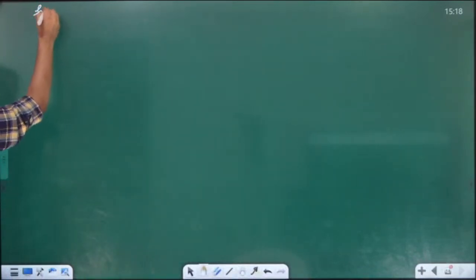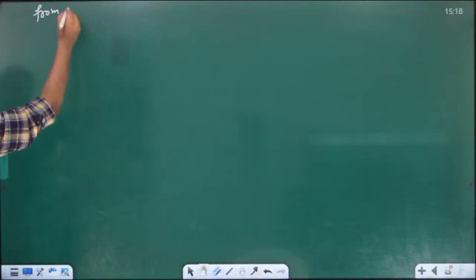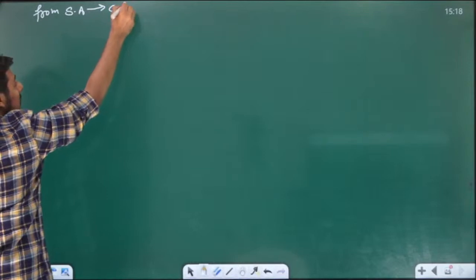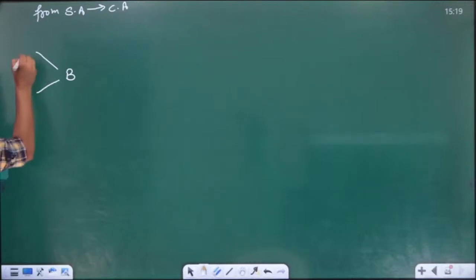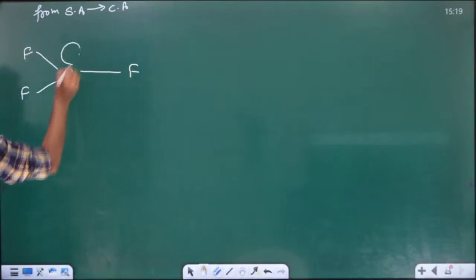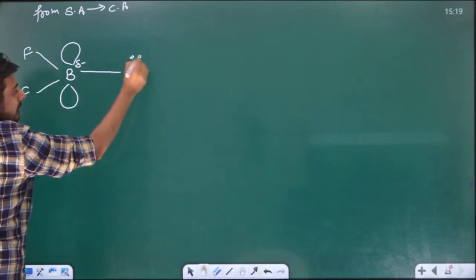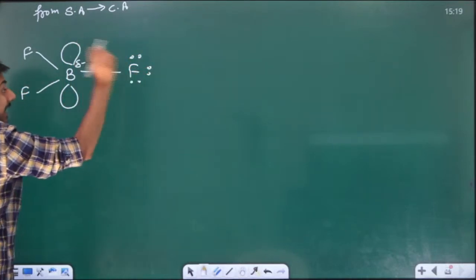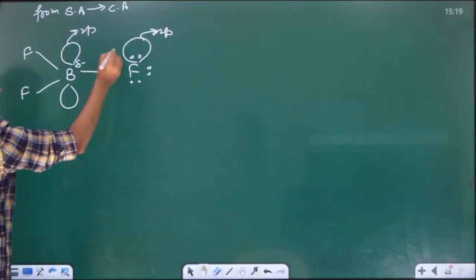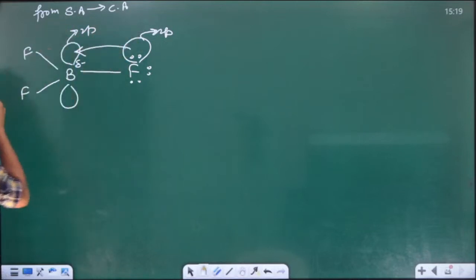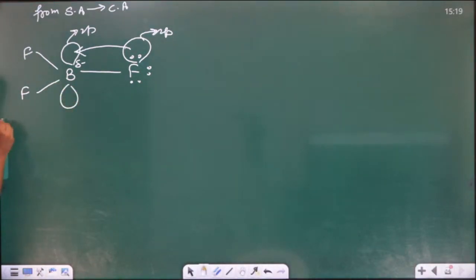Let us have a look at some key features about these two types of back bonding also. First, I talked about from surrounding atom to center atom in this lecture. I just told you from surrounding atom to center atom, that means our center is acceptor and surrounding is donor. Example for this particular case is BF3. In case of BF3, boron has a vacant orbital, that is the center atom has a vacant orbital, and my surrounding atom has a lone pair of electron density, and this is a second period element, so I will say that lone pair is present in 2p and we have a 2p vacant. So because of this 2p overlap, there can be a back pi bond formation. If